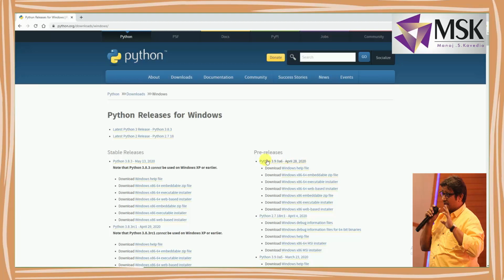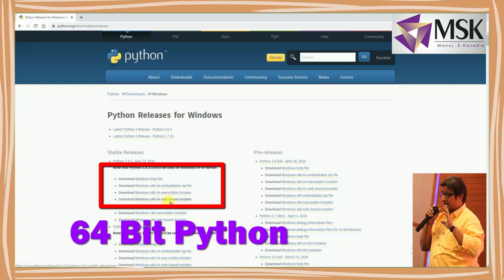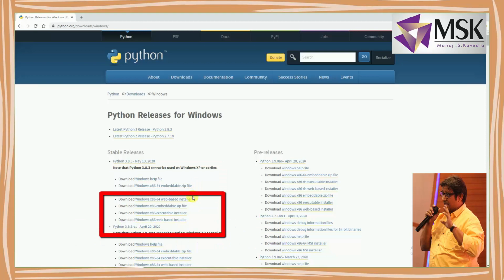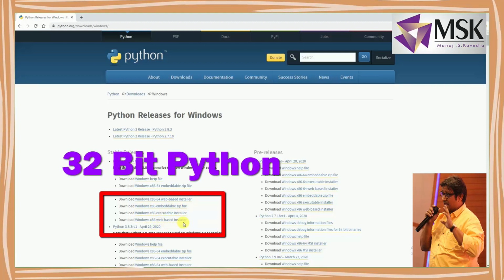Now here you can see the Windows help file, and these three: Windows x86-64 embeddable zip, Windows x86-64 executable installer and Windows x86-64 web-based installer. These three are for 64-bit Windows OS. And this Windows x86 embeddable zip, x86 executable installer and x86 web-based installer are for 32-bit.